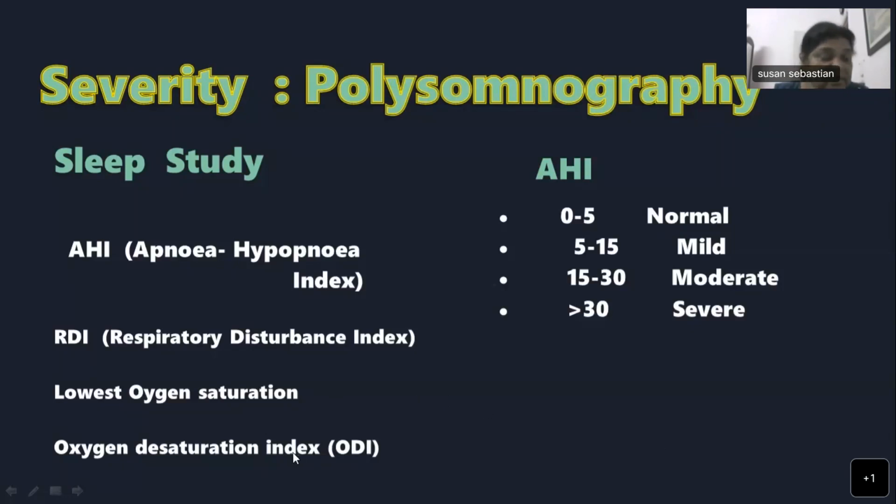And there is the oxygen desaturation index. What is that? It's a measure of insufficient blood oxygen during sleep. ODI, as it is otherwise called, is the number of times per hour of sleep that your blood oxygen level drops by a certain degree from the baseline, for example, from 90. Although there is no universally accepted normal level for this, we can consider it normal if it is less than 5.